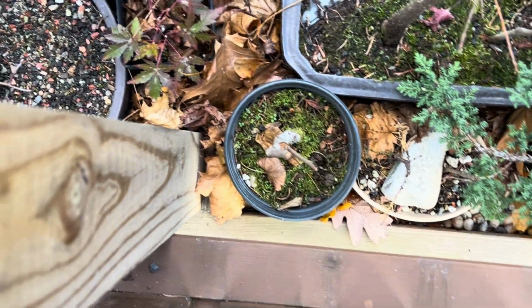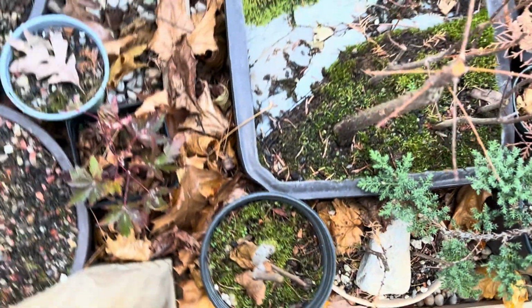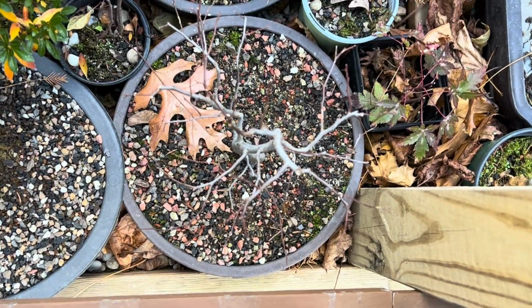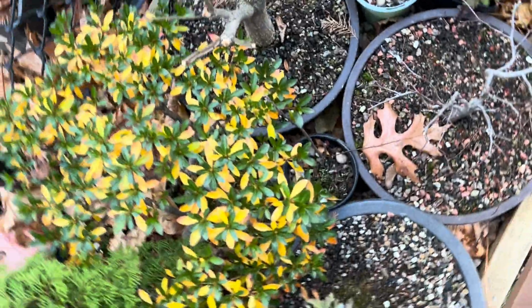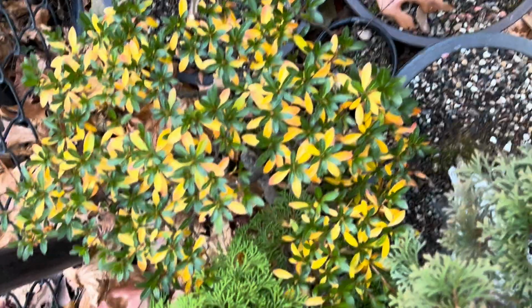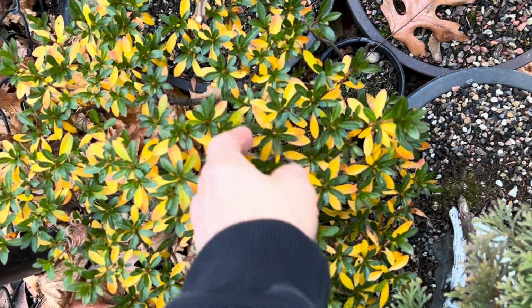I'm probably missing a few things. There's another larch cutting. That is, I think, a maple, if I'm not mistaken. A Japanese maple. Here is my American hornbeam. And here's my burning bush. And look at this. This is my Satsuki azalea. The colors are just phenomenal. The lighter color,